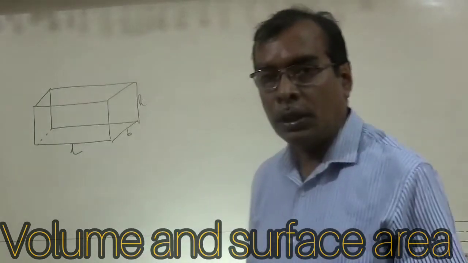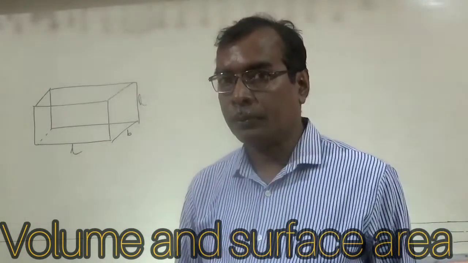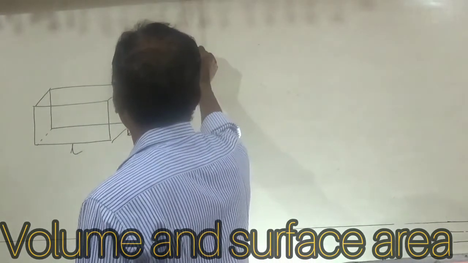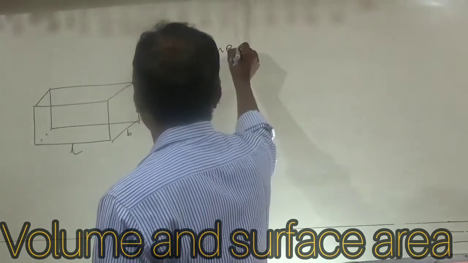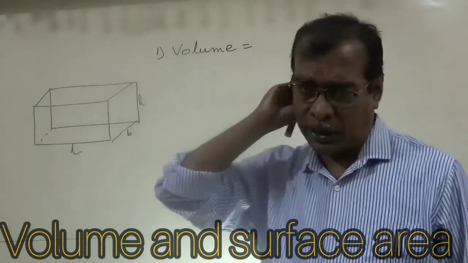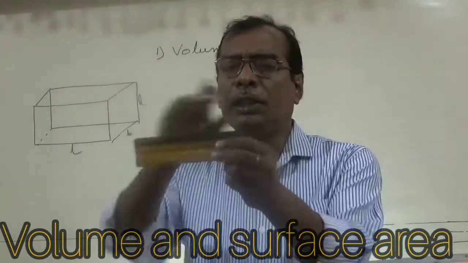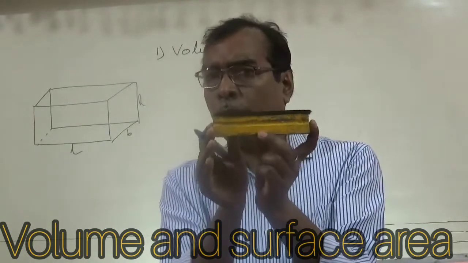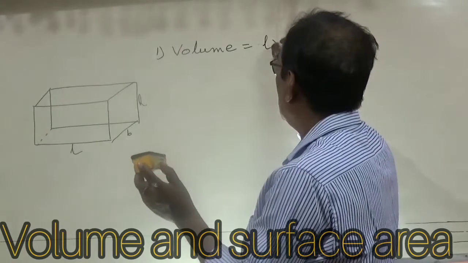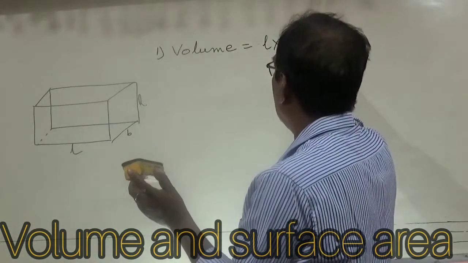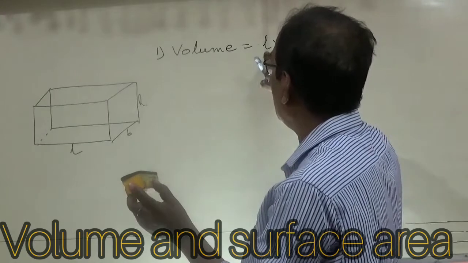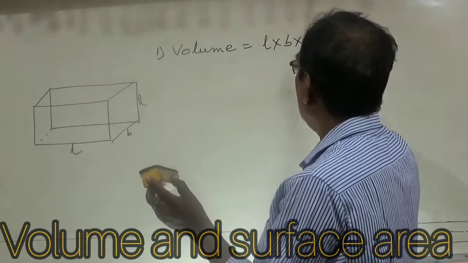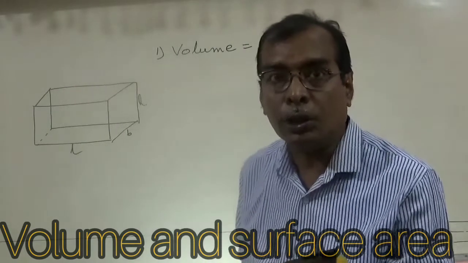Now in this case, we have to consider three formulas. Number one is volume. What is volume? Space occupied. How much space is occupied in this particular space, that space is known as the volume. So the volume formula for a cuboid is length into breadth into height. Obviously the unit here is centimeter, the same thing should become here also: centimeter, centimeter, centimeter. If we multiply, it is centimeter cube or unit cube.